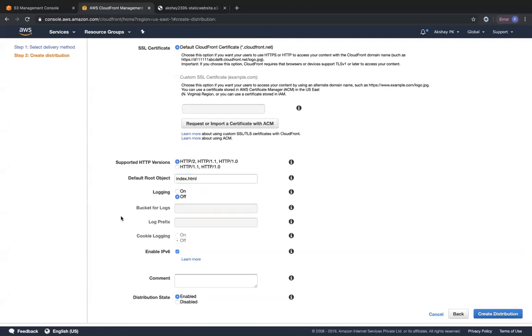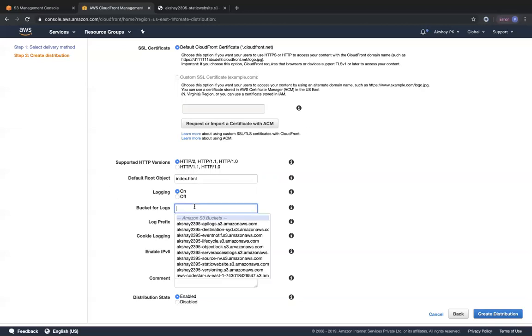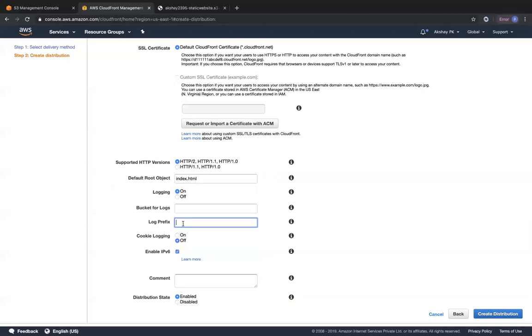And then you will also have logs for your CloudFront distribution. Some of the logs tell you who is accessing your CloudFront distribution and which IP address they are accessing it from. Those kinds of details you will be able to get from CloudFront's logs. You can specify your own S3 bucket for the logs, specify a log prefix, and also enable cookie-based logging. For each and every setting, you can just click on the information link and check. Right now I'm going to switch off logging, but just imagine that you also have a setting that gives you access logs for your CloudFront distribution.